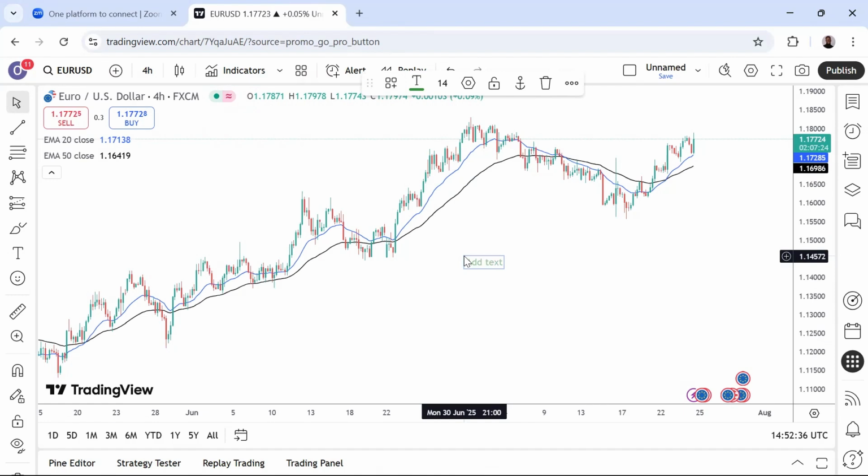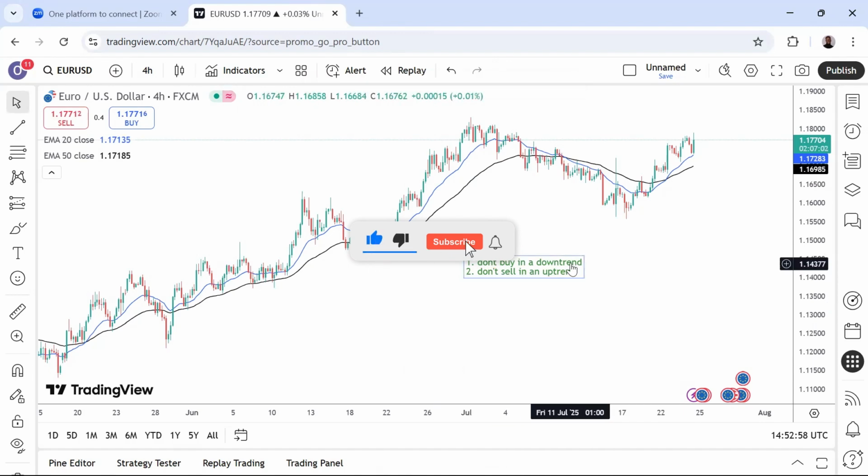I could also add that right here for you. Don't buy in a downtrend, and don't sell in an uptrend. There could be exceptions to these rules. We call them the trend reversal strategies. There are certain zones which we can call demand zones and supply zones. When the market taps into them, it could be an opportunity for you to trade the reversal. But as a beginner in trading, you don't want to do that. You've not yet gotten to the stage to start trading reversals.